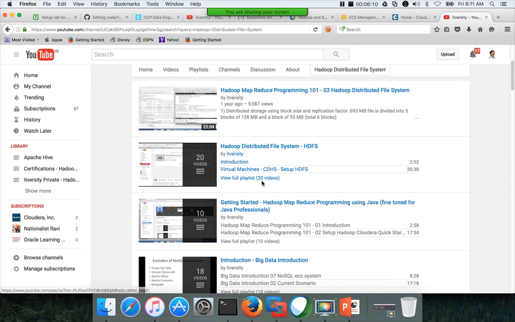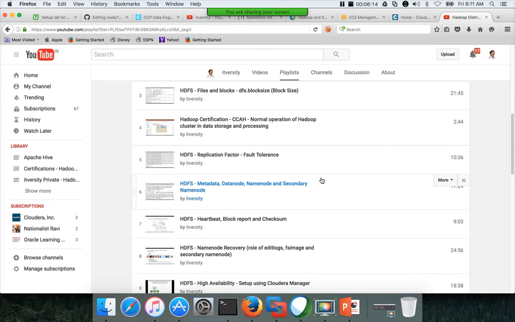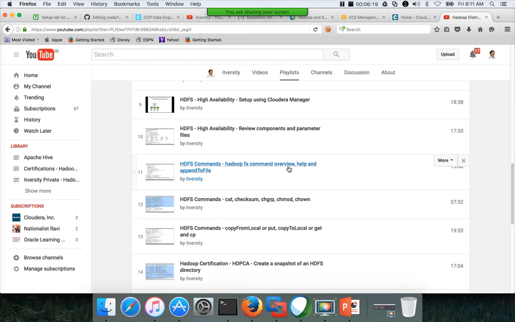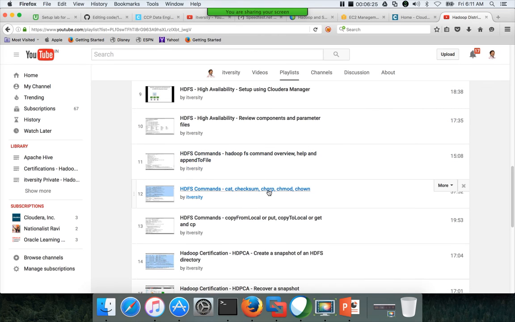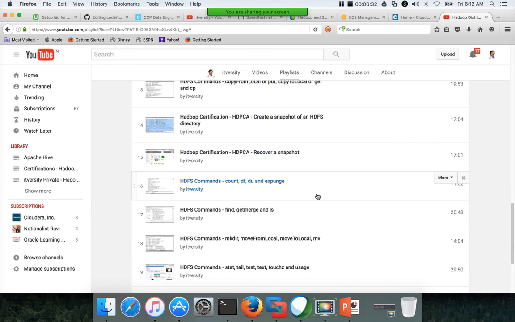You can look into the full playlist, and here you can see all the commands in order, starting from help. Help is the first command I have shown, but the rest of the commands are in order: append to file, cat, checksum, change group, change mod, etc. So you can watch these videos to understand the HDFS commands, and you play with it.